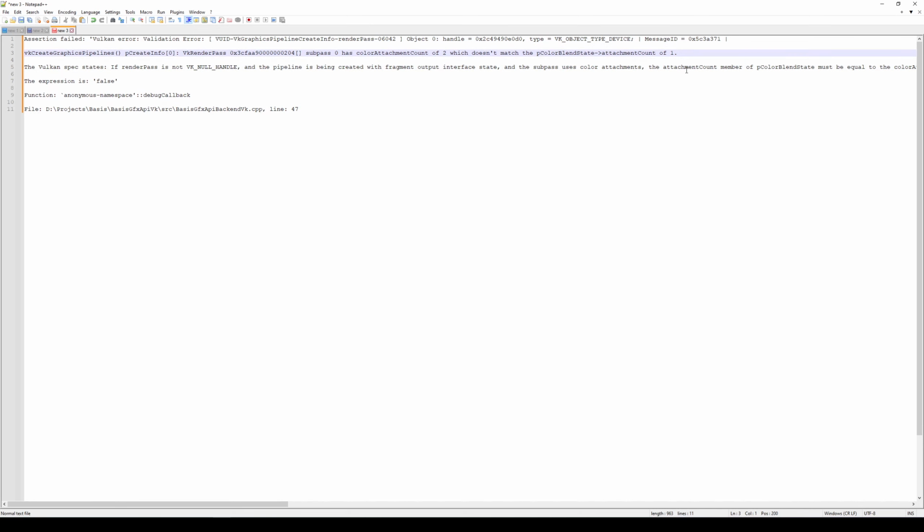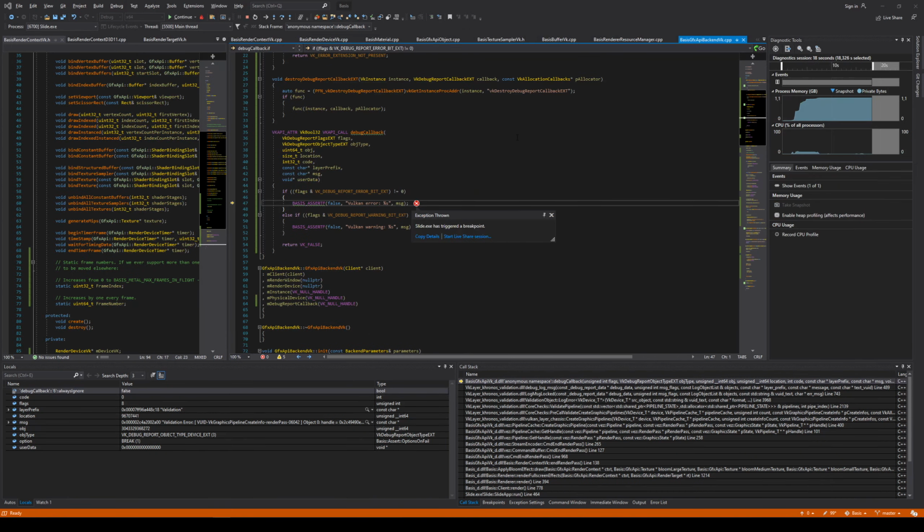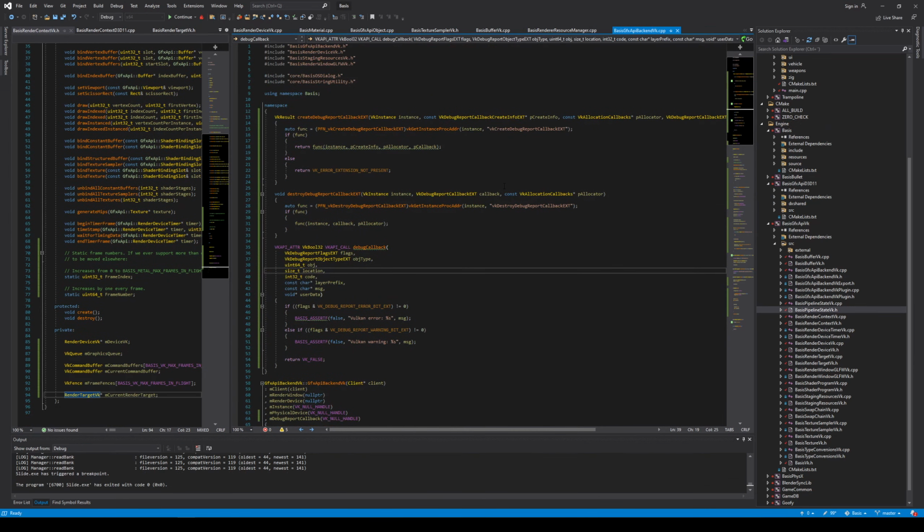Okay, create graphics pipelines is throwing an error. Subpass 0 has color attachment count of 2, which doesn't match the p-color blend state attachment count of 1. Okay. So probably what we need to do here